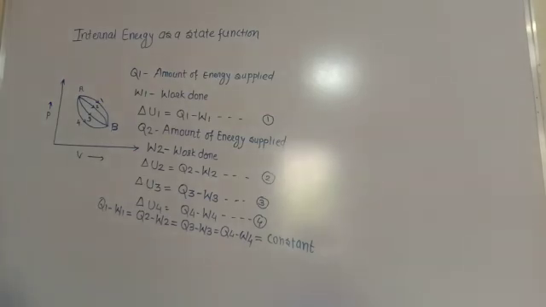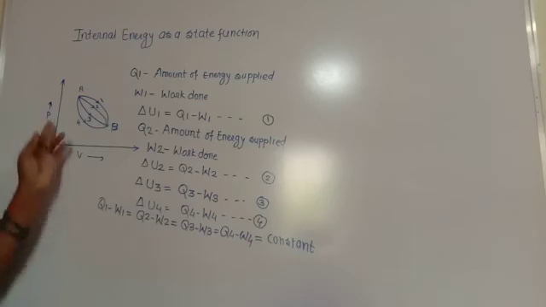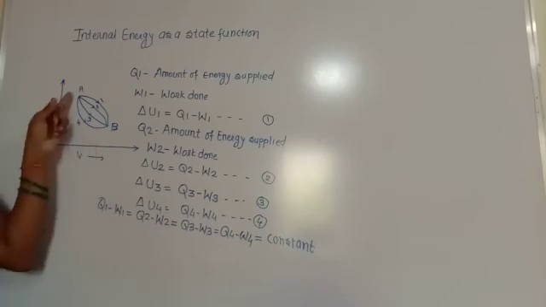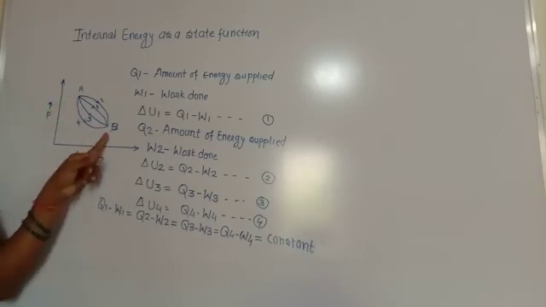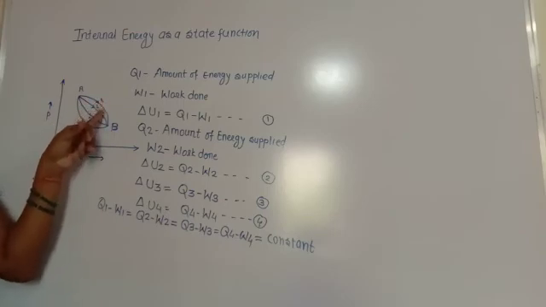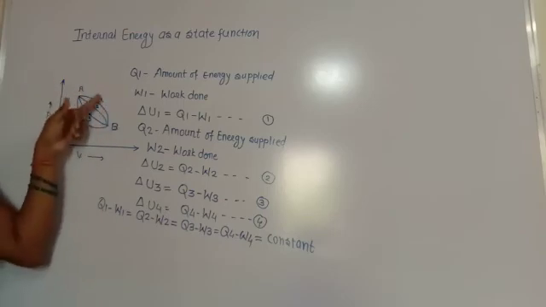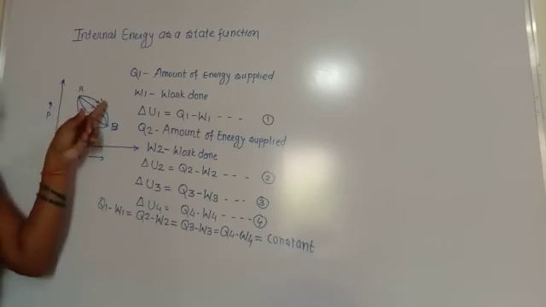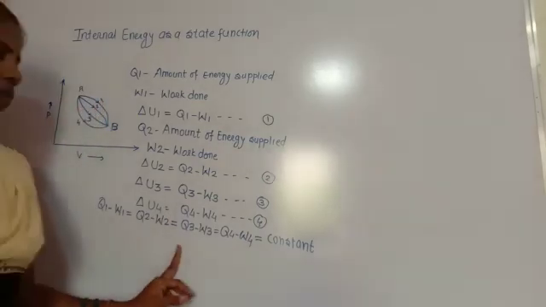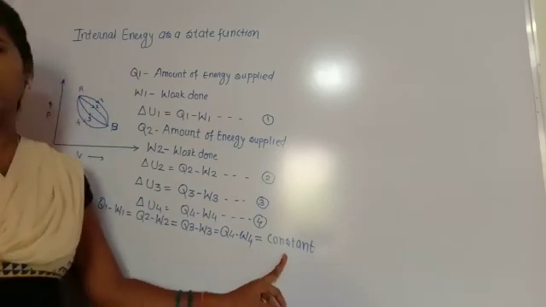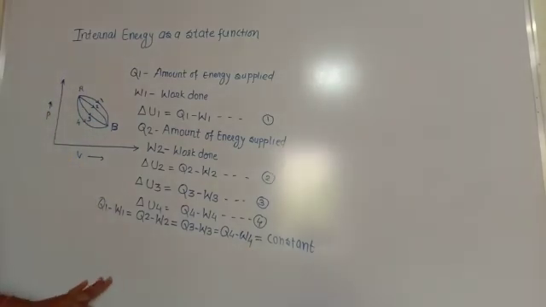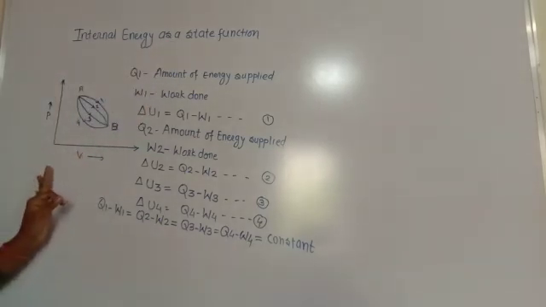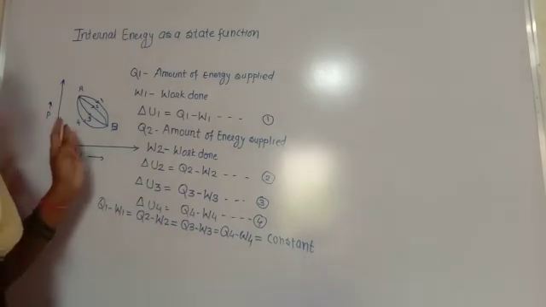So thus we can say that the change in internal energy between the two thermodynamic states depends only on the initial state and the final state of the system. It only depends on A to B, meaning the initial state to the final state. It does not depend on the path, that is 1, 2, 3, 4. In performing this change from A to B by different paths 1, 2, 3, 4, the change in internal energy for all the paths is constant. So that's why it does not depend on the path by which the change is brought between the two states. In other words, we can say that internal energy is a state function, not a path function. So this is the concept of internal energy as a state function.